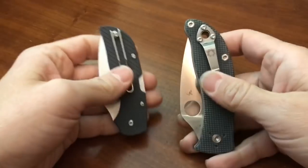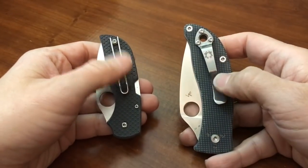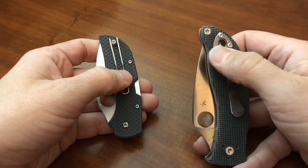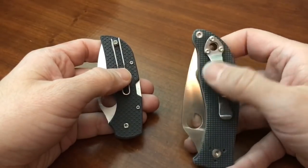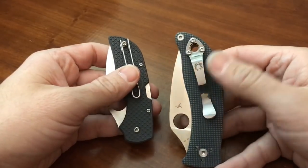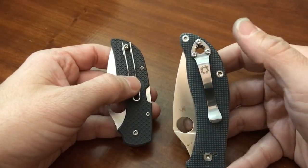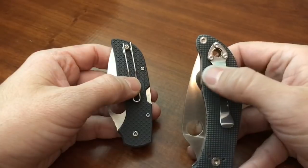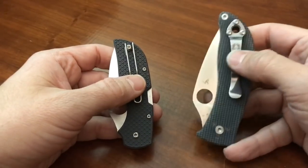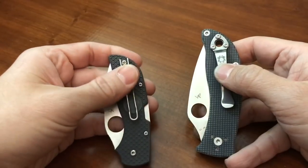You can see that the Alcyon has the spoon style pocket clip. It also has the old 3-point attachment that was on the Salt series, and that means you can get the lanyard hole through the pocket clip, which, if you're going to have the real estate for a lanyard hole, you may as well make it useful by doing something like that. I think that's a really good idea, though quite frankly I don't think you need it, and I'd much rather have the